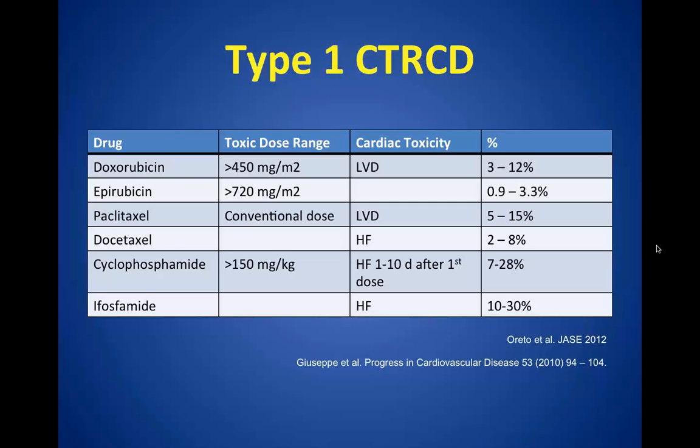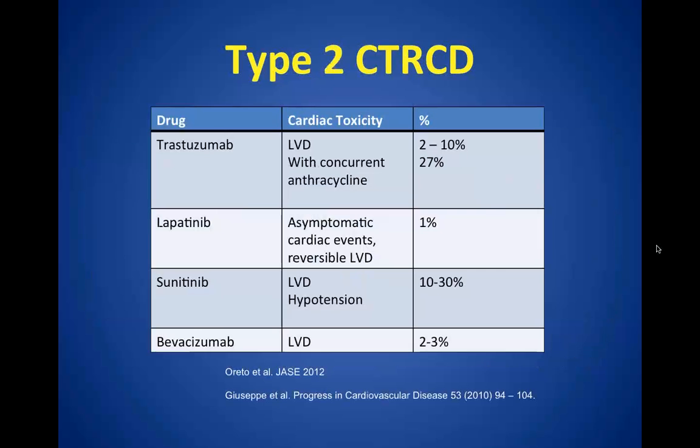Generally, these are the anthracycline chemotherapies such as doxorubicin and epirubicin. Type 2 toxicities are those that do not cause irreversible damage. So there's a reversible change, and generally a reversible change in LV dysfunction with these types of anti-cancer therapies,